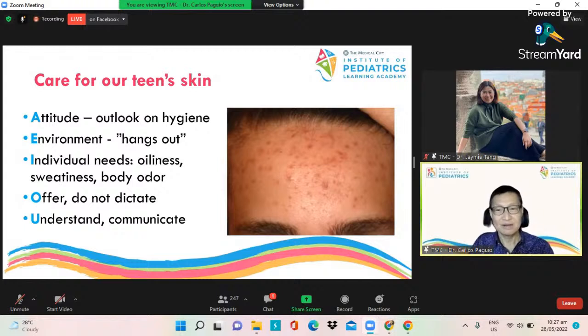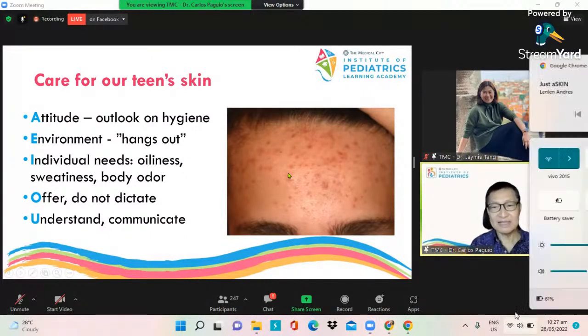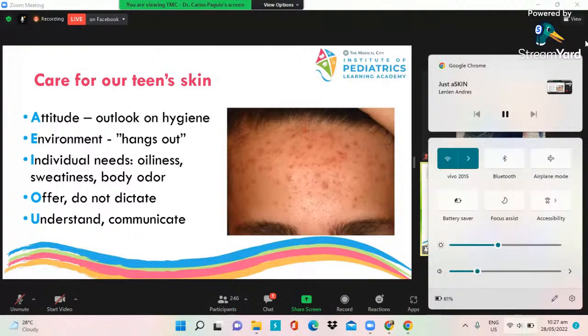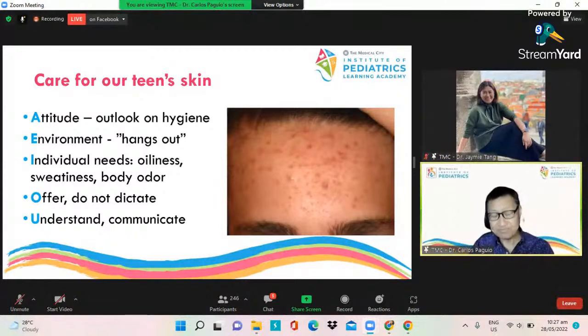Okay, so ano bang pinaka-common na problema ng mga teenagers? Ito, nakikita na natin, di ba? Pimples. We call it acne vulgaris. Vulgaris means common. So itong pinaka-common cause ng pimples. Are there different causes for pimples? Yes, there are. There are, in fact, pimples in newborn babies caused by excess hormones. So that's not very important at this point. But there are other reasons for pimples, and we will show you later on. But in case of acne vulgaris, saan ba po nanggagaling itong pimples nito? What causes it?